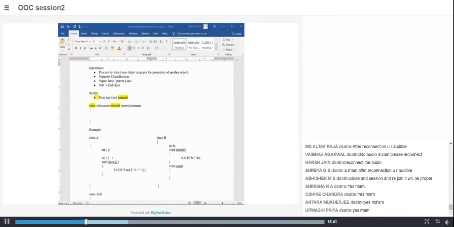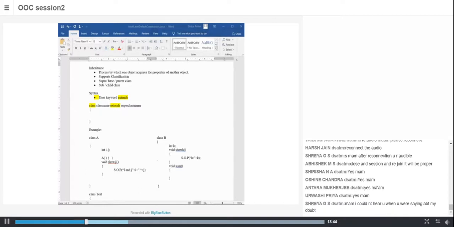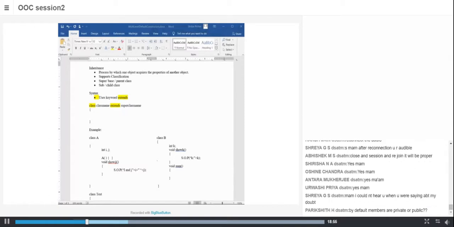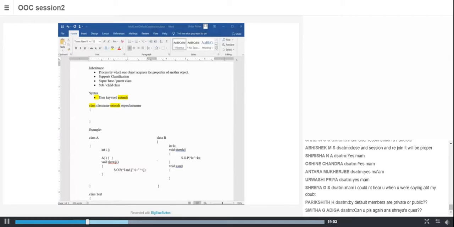Now OB of A is an object of type class A. OB of B is an object of type class B. So when I use the OB of A object, I can access only the members I, J and show IJ. So using OB of A, OB of A dot I.